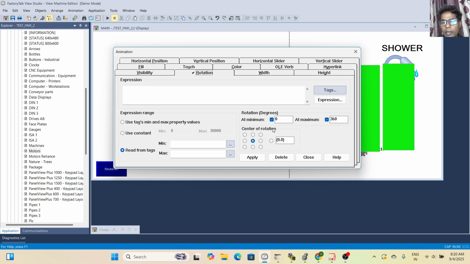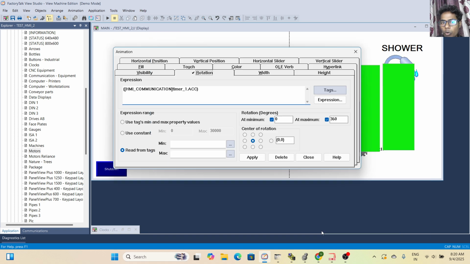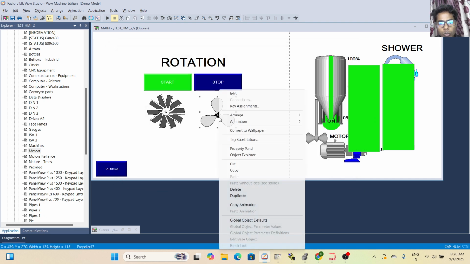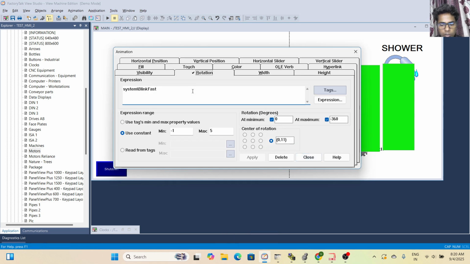I have to rotate the object from the center point, and go to the tag and browse the accumulator tag. Then click on it and press OK. Now I have to condition all tags, and choose use constant 0 to 30,000 and apply it. Now I go to animation, same as previous, and go to the rotation, delete this and use constant.